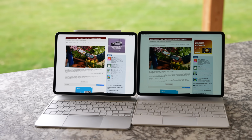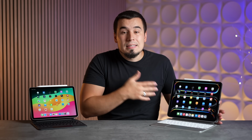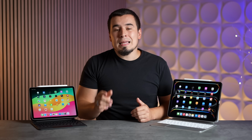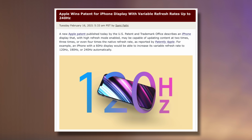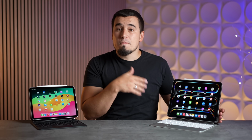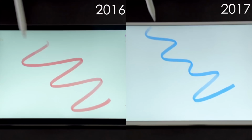The only problem is that Apple likes to keep ProMotion tech exclusive to their iPad Pro models to get people to pay more money for them. But thankfully, we've had some leaks, including patents, pointing to Apple working on 240 Hz refresh rate ProMotion technology, which I believe will be coming to the iPad Pro first, since the original 120 Hz tech came to the 2017